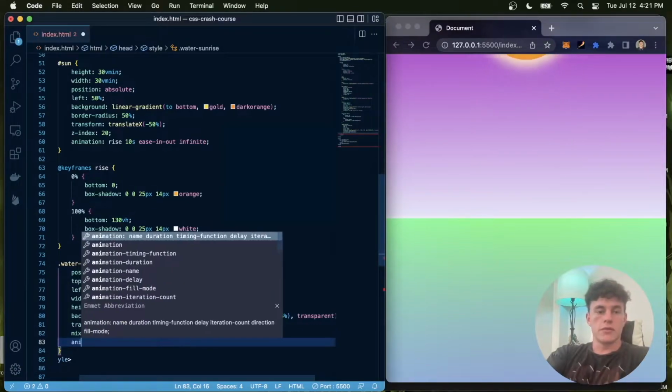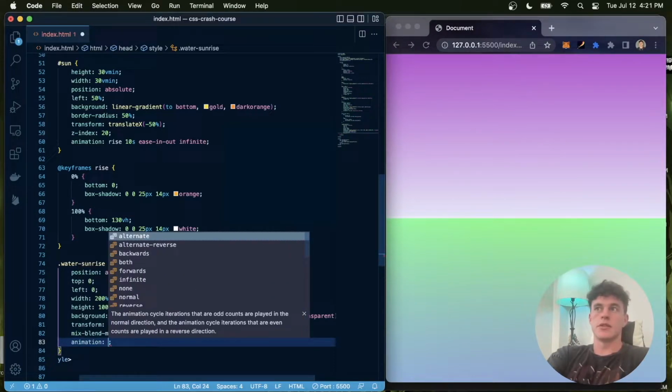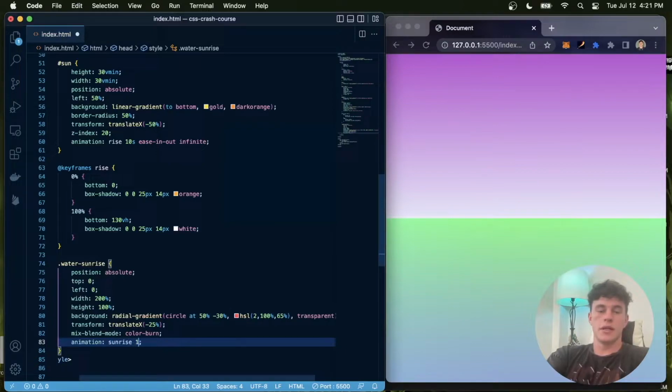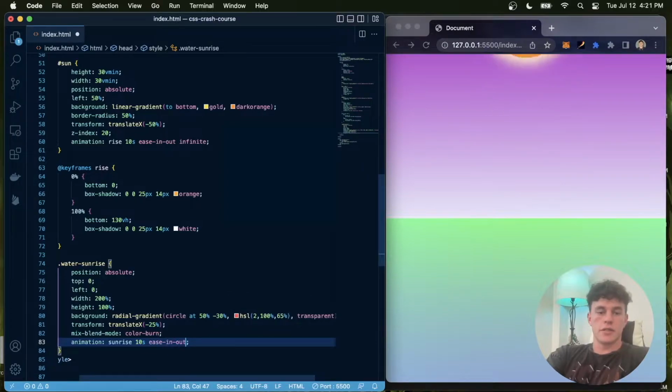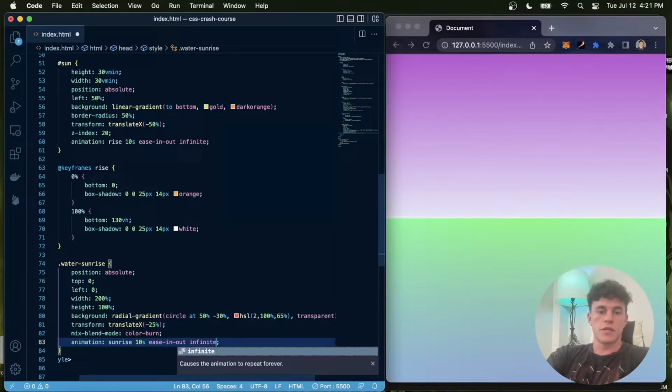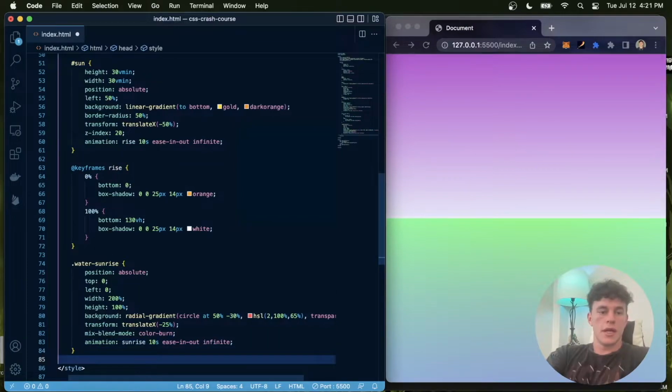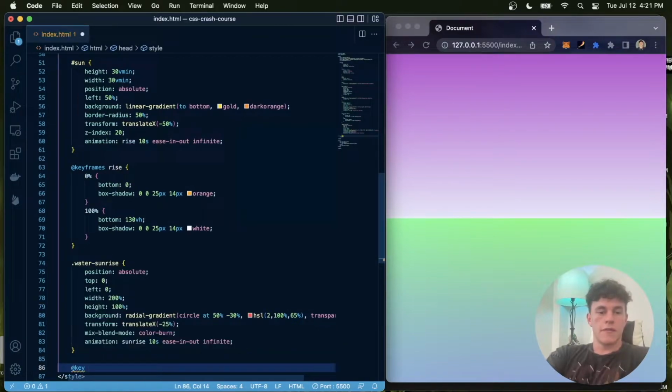What we have to do is once again provide an animation, and so this one's going to be called sunrise. Give it the same 10 seconds so that it matches the sunrise. We're going to go ease-in-out, just like the sun, and we're also going to specify that as an infinite loop. And then once again, we're just going to go keyframes,